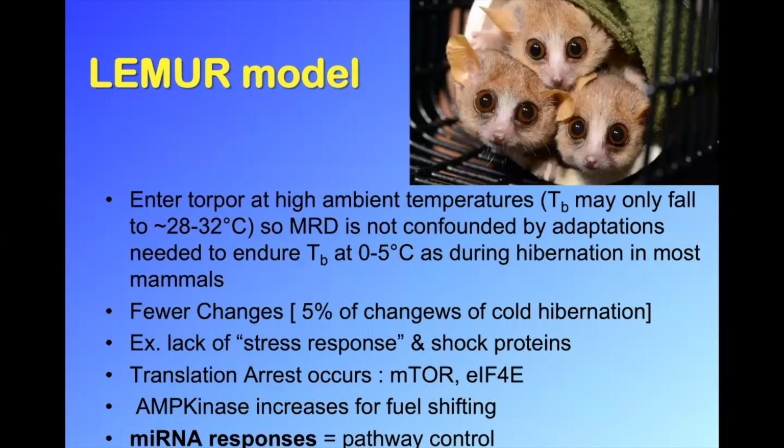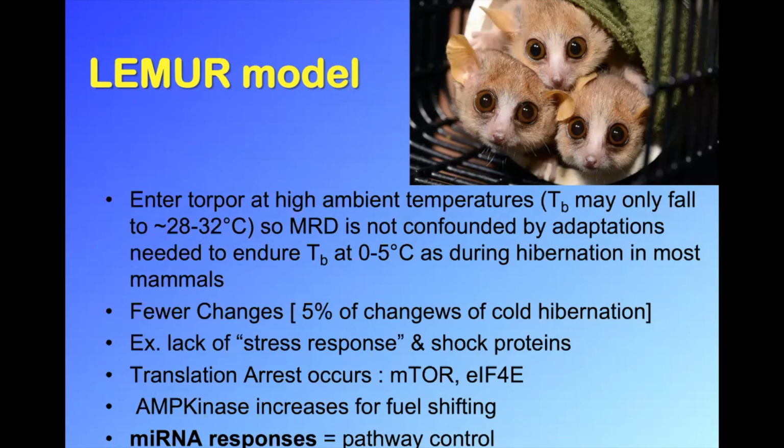There's fewer changes. So when we measure everything in a ground squirrel, we know what changes there are. You can see the papers, there's hundreds of them. But when we measure the lemur, there is much fewer changes. They're all in a very interesting direction. Number